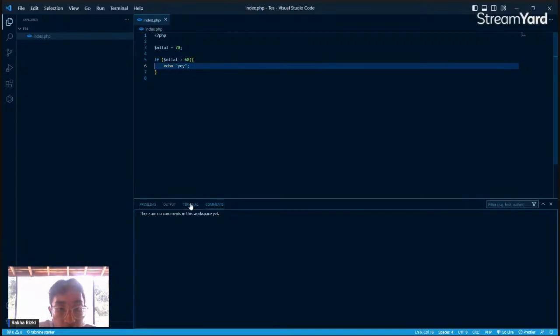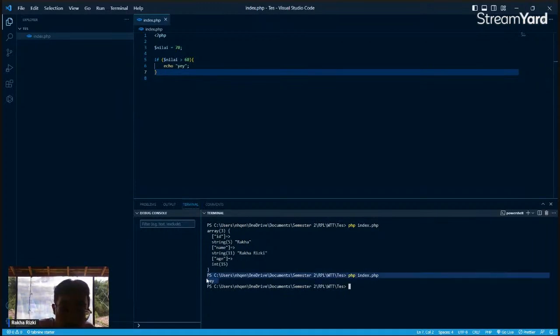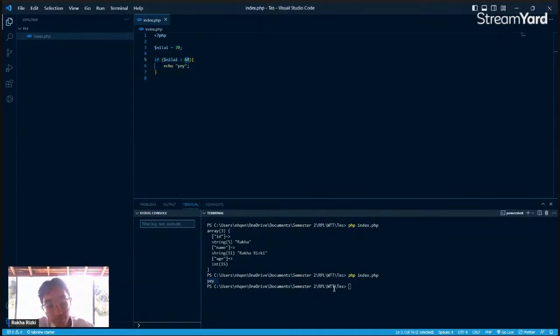So if we run this program, the code will show this, because this value is more than 16.